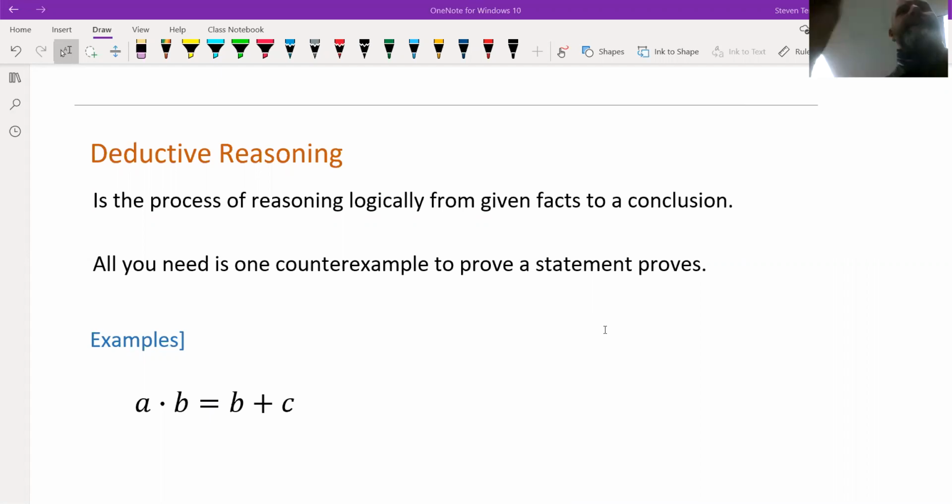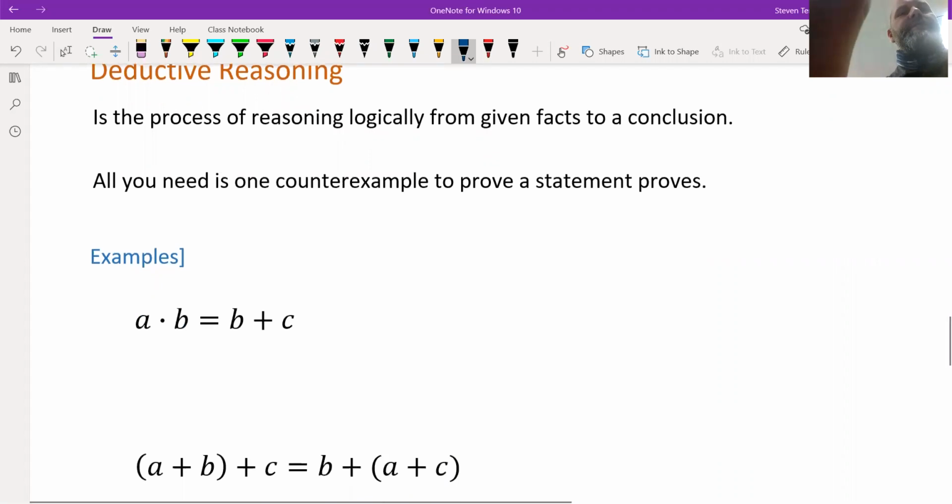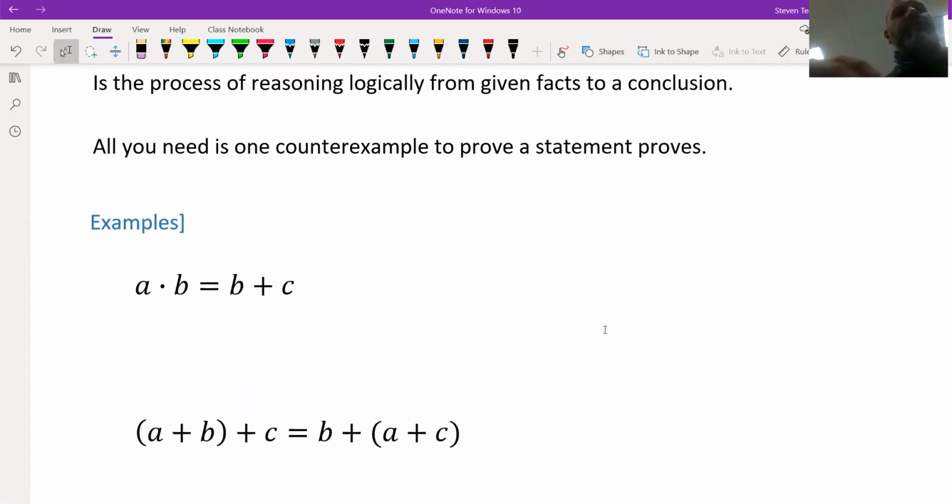So for example, if I take a look at A times B equals B plus C. Is this true or false? Well, we assume that it's true. And now let's try to find a counterexample. So I'm going to pick, I guess I'll just pick like a 5 times 3. Now, is that going to be the same as,